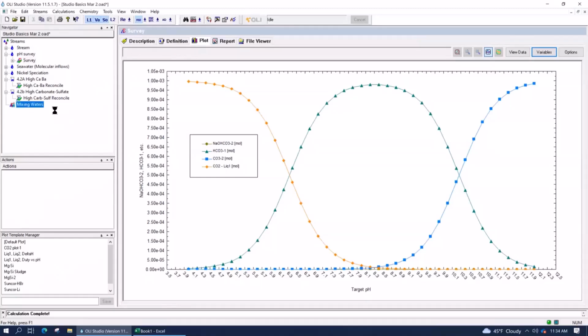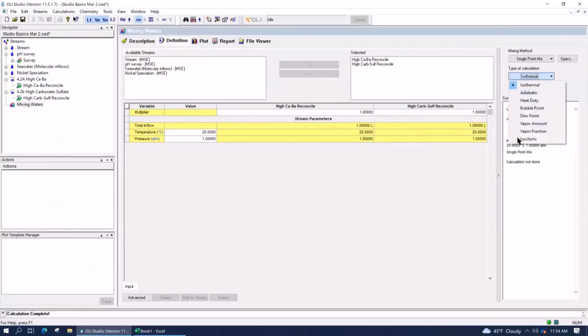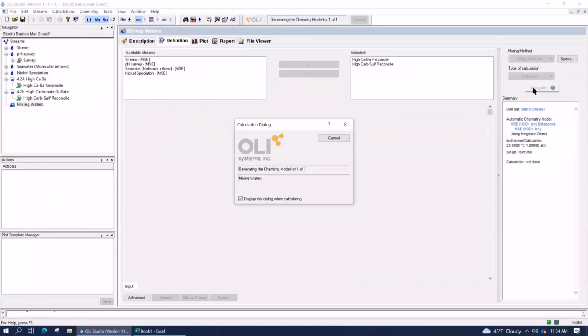Mixing waters is different. Each of these streams brings in its own enthalpy, right? Its own mass. And then when we combine them, it creates the combined mass and the combined enthalpy. And then the energy shows up depending on how we do our calculation. So let me stop talking and just press the calculate button.